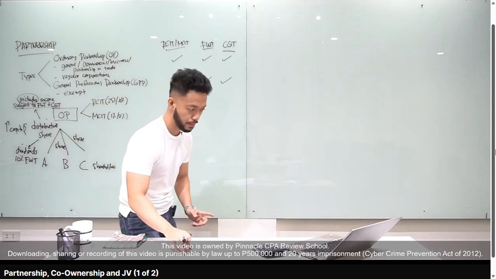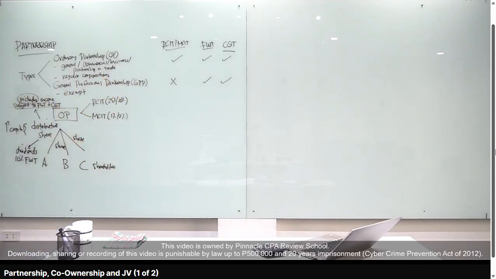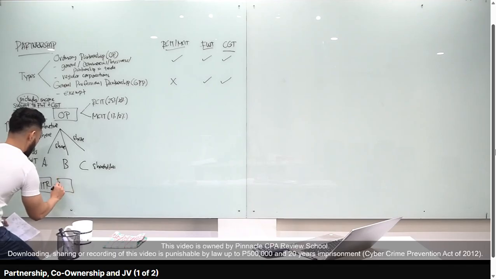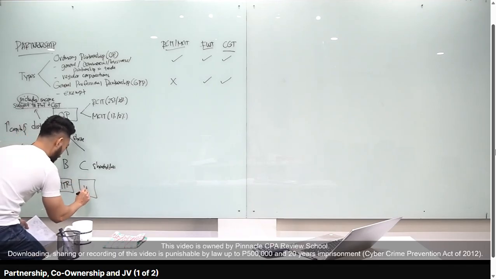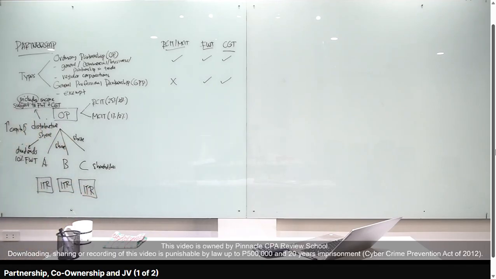Gets? Okay, now, ito pa yung concept na critical dito. Si partners A, B, and C, may kanya-kanyang ITR yan. Tama? On or before April 15, magpa-file sila ng ITR, magbabayad sila kay BIR. Tandaan mo, class, na yung share nila sa partnership na yan, hindi na magpo-form part of the ITR. Bakit? Kasi na-subject na yan sa 10% final withholding tax. Pag nilagay mo pa yan sa ITR nila, yun yung direct double taxation. Okay? Ayan. So, yun yung ordinary partnership.